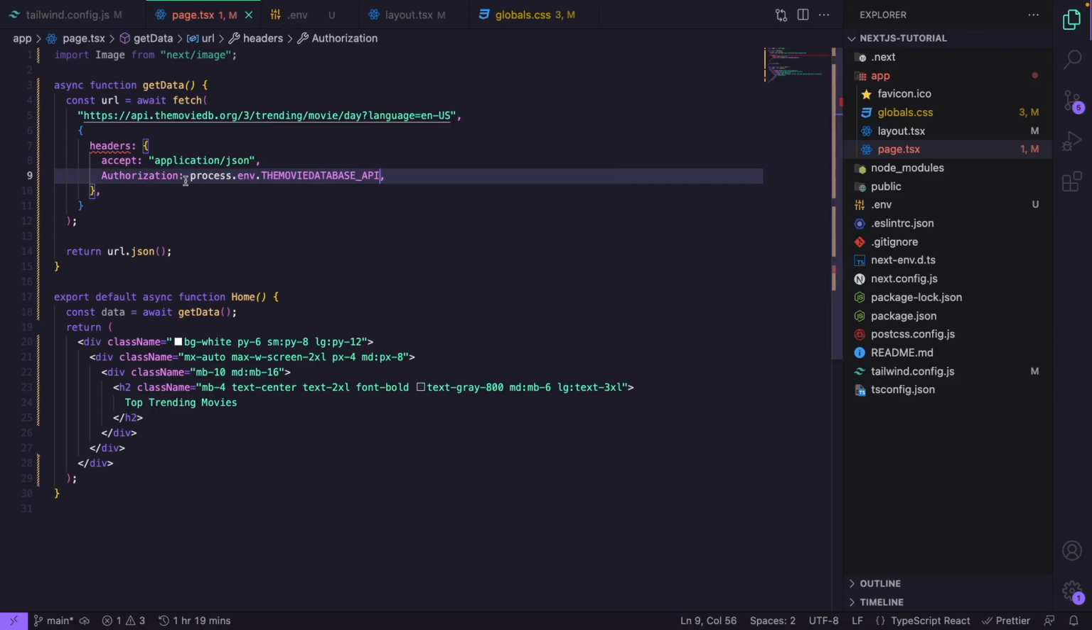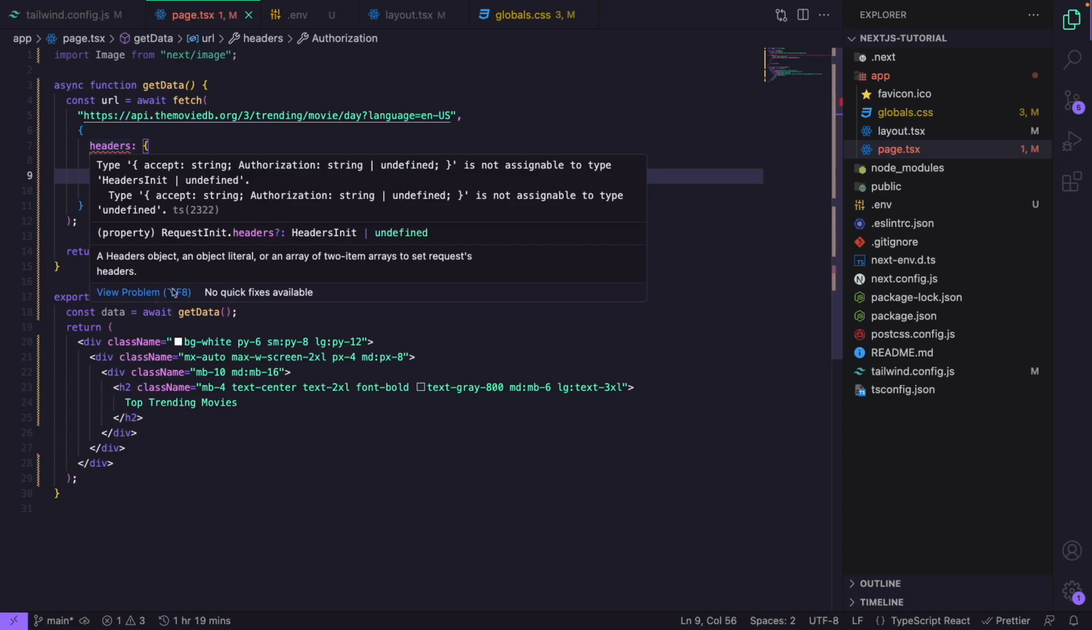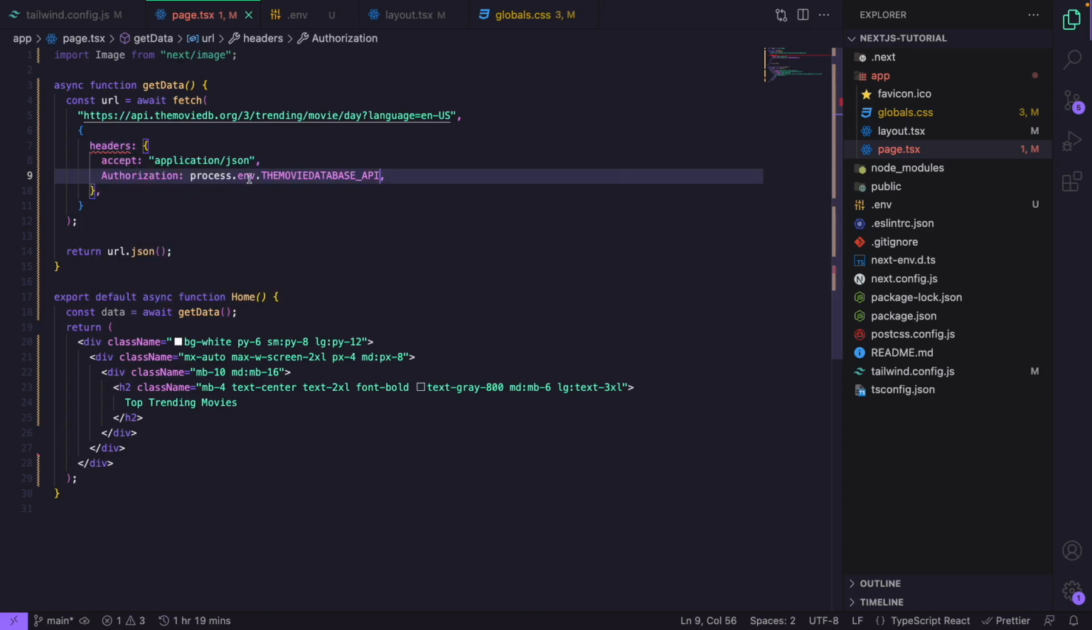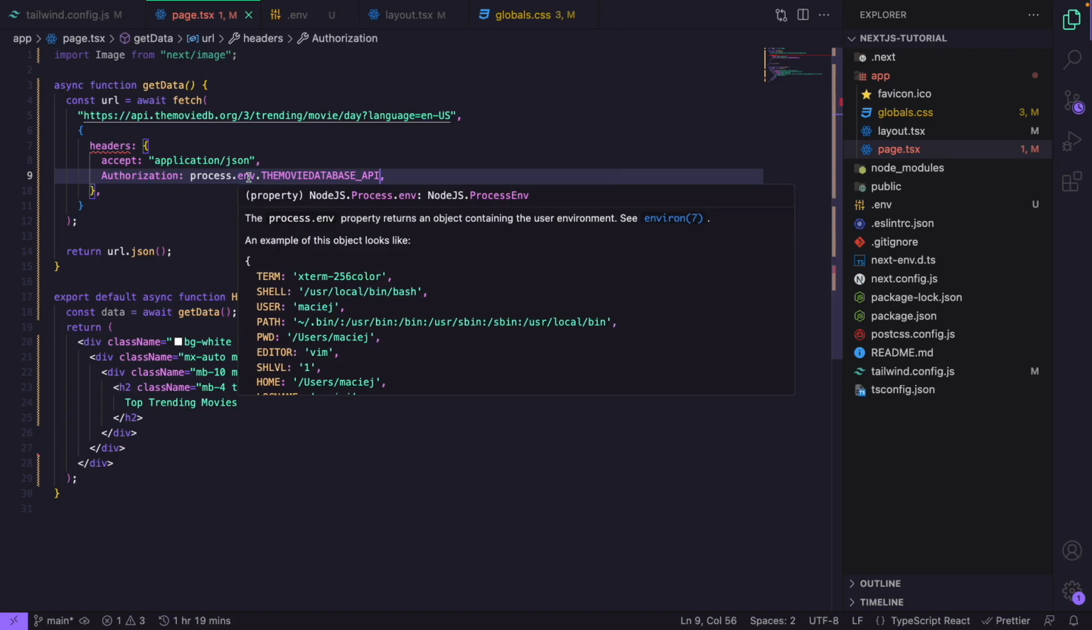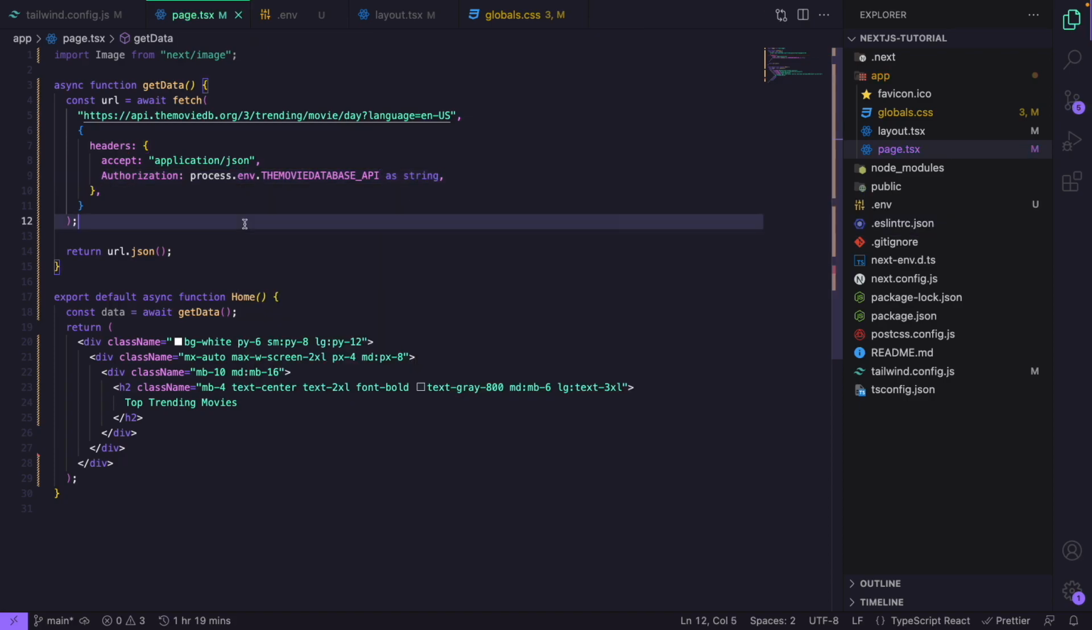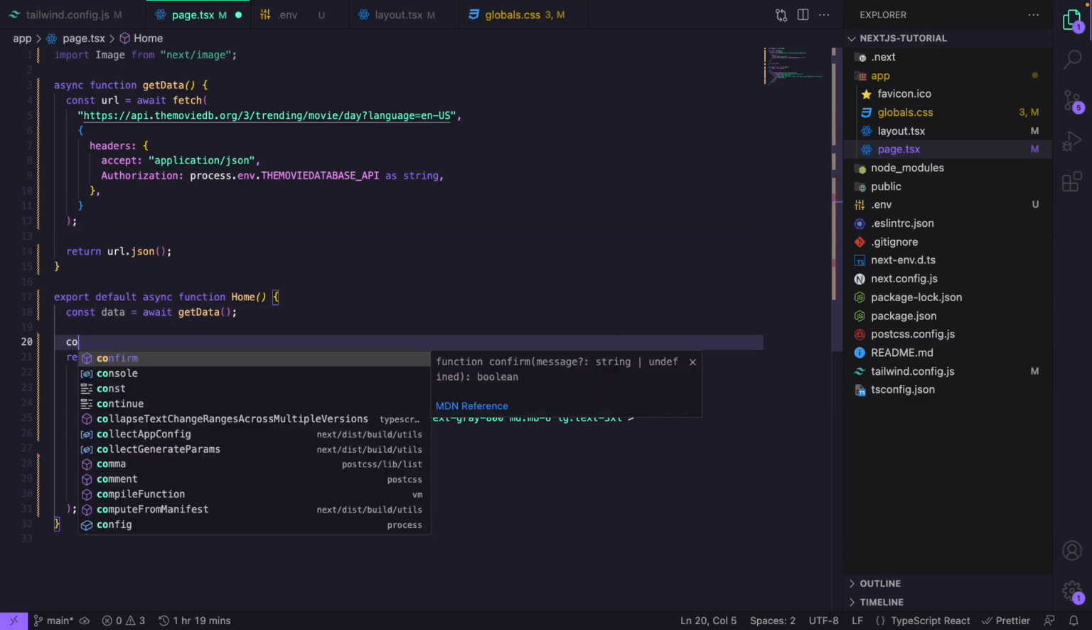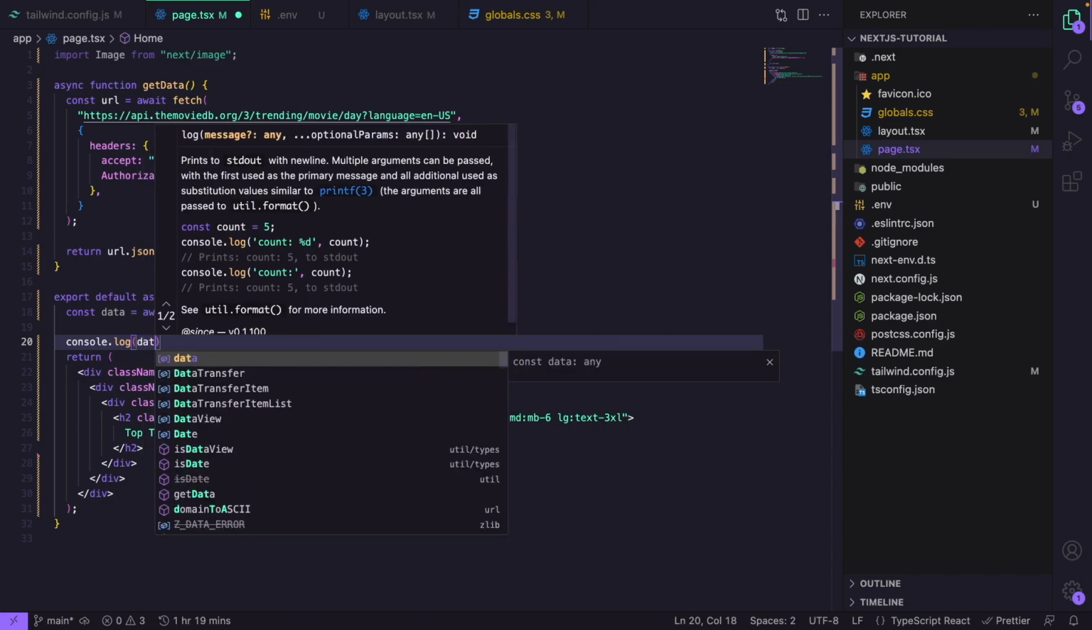Right here you will also see an error, and it tells me that it does not know if the process.env, so our environment variable, is a string or not. So what I will do is add an as string. Now this should actually work, and if I now log the data, so let's do console.log data,